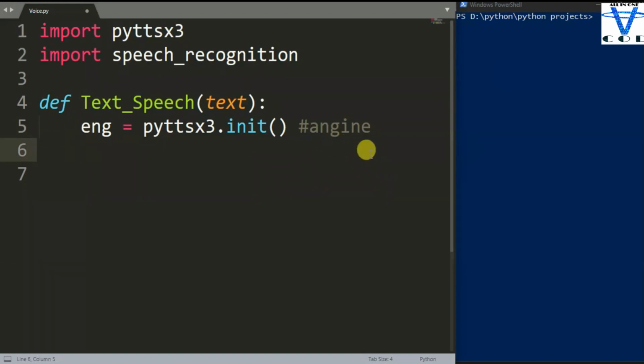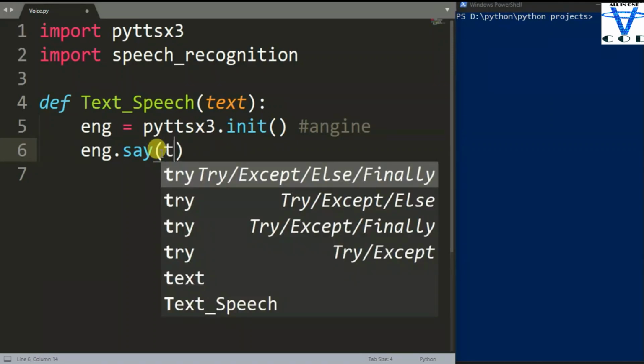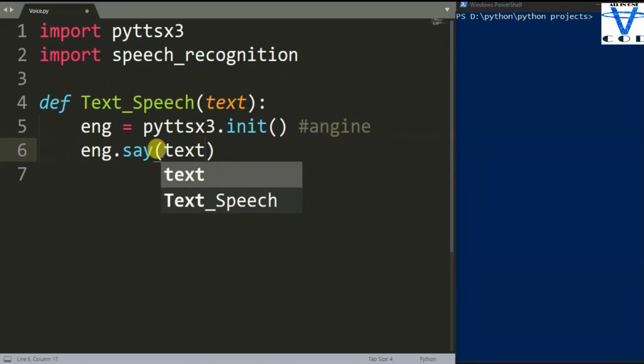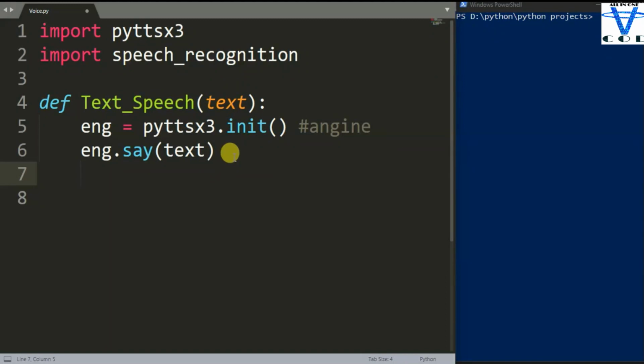So now let's create speech using the say function. The function is eng.say. With this function the program is going to talk to you, and the talk is whatever text you enter in here. Okay, and whenever you run this code it is going to run, but you can't hear anything because it is going to run for a millisecond, a very small time. And for the program to complete all this text, what you have to do is